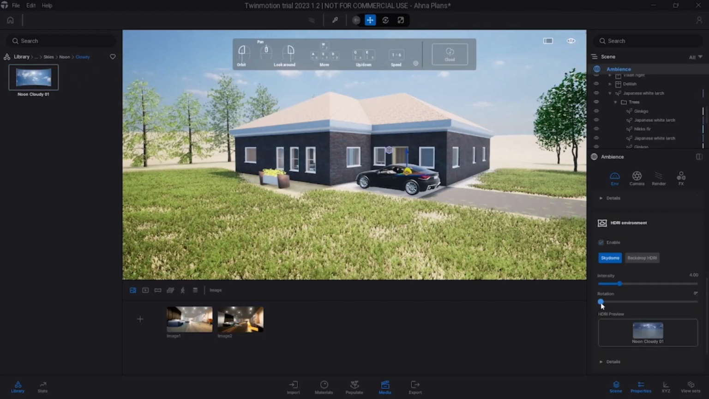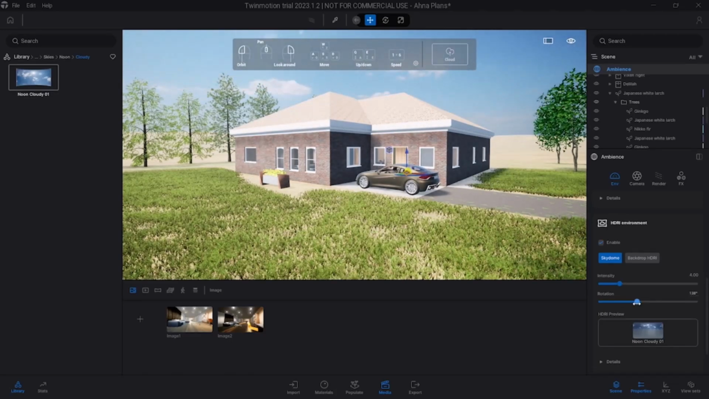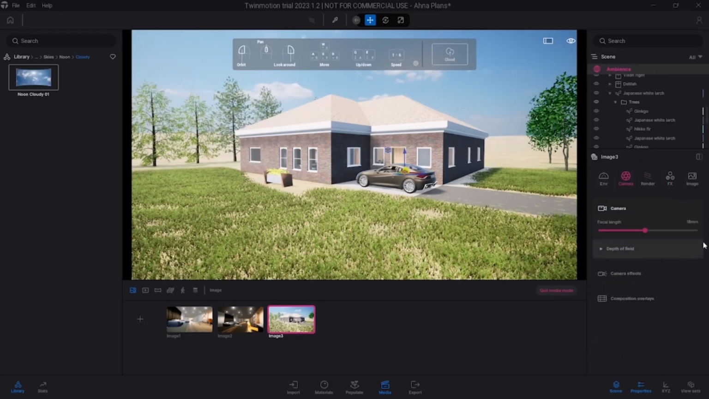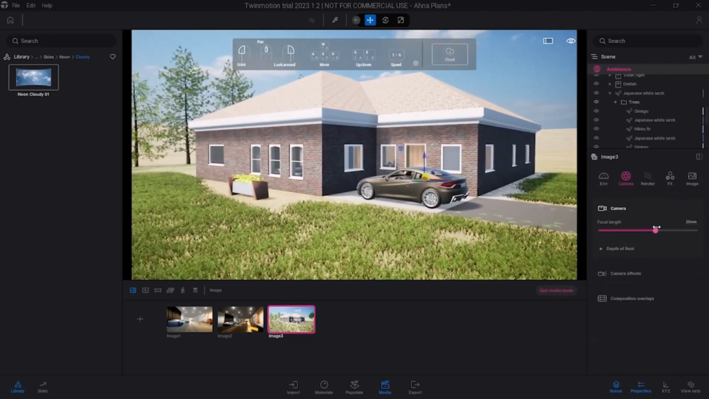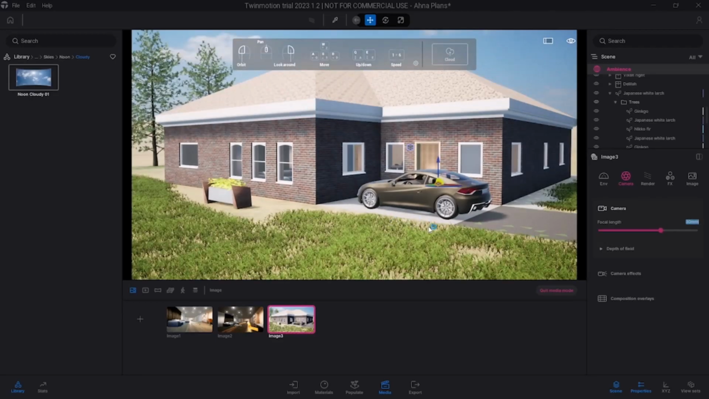We can also rotate the cloudy noonday and see if we can get a better view for our render. I think I like this one too. We can go ahead and create a new image from this, and of course do the same settings we did before. Start with the camera angle. We can move this a bit closer to the building just to have, let's say, 30 millimeters. Push that in there,